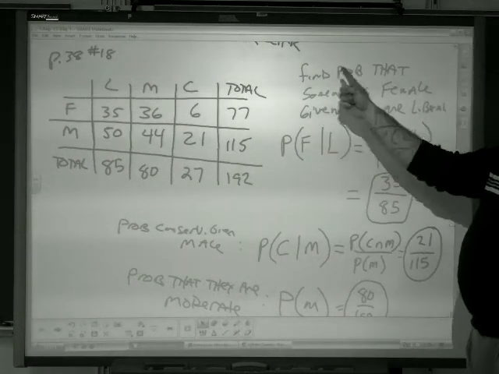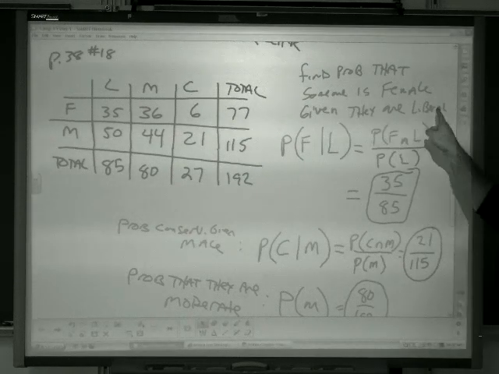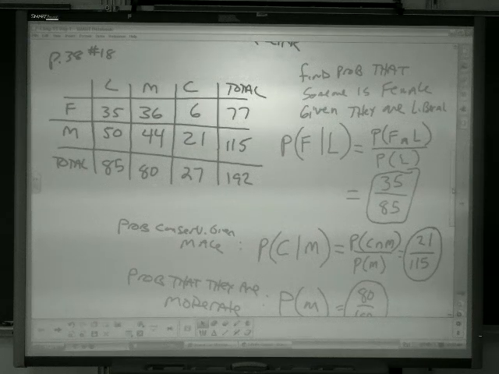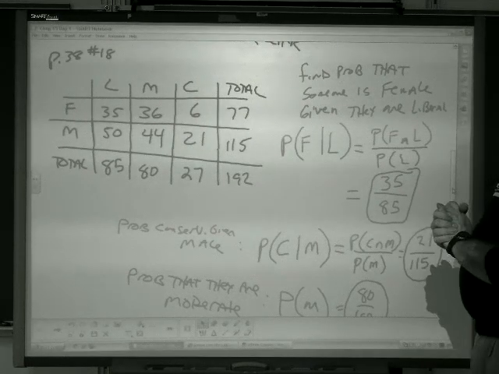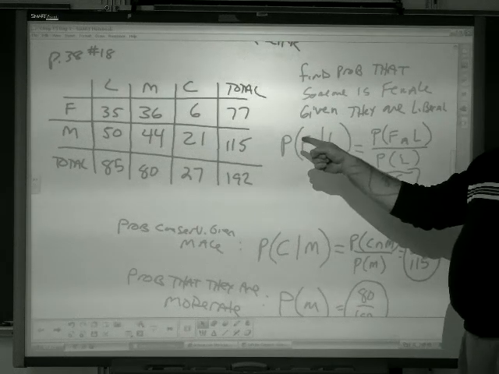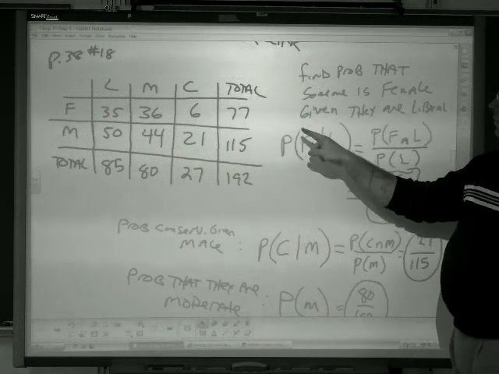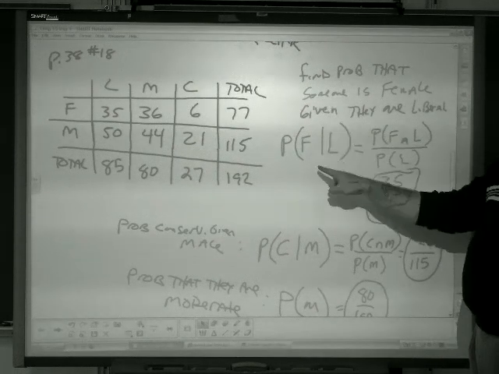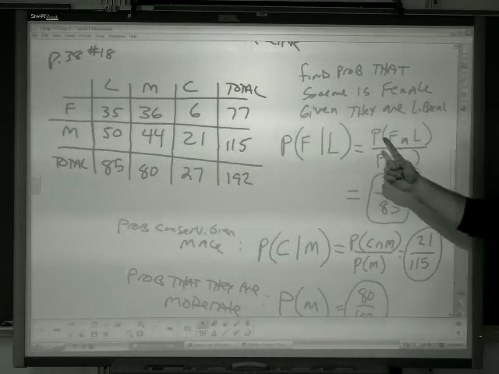So if we wanted to find the probability that someone is female, given that they are liberal, female given liberal, we can let any letters that we want be female and liberal, but I'll just use F for female, L for liberal. So the probability that it's female given, that's what the vertical line means, liberal, is,